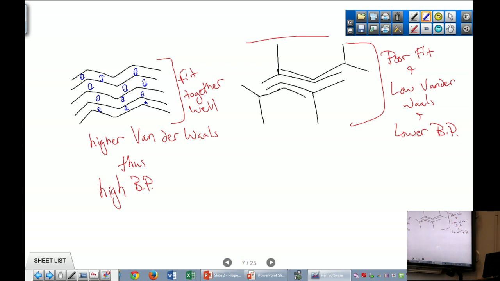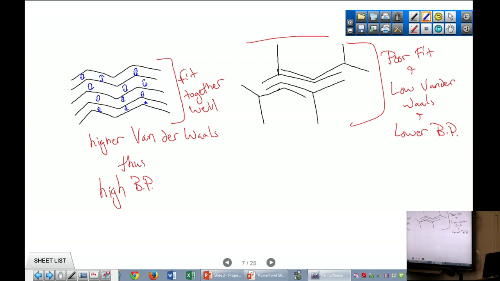Things with irregular shapes, or molecules with branches, have irregular shapes. So now they fit together poorly, right? It's like if you move, you would like to have all your boxes be the same size, because you can put them in the truck and they'll fit really nice. Or going back to Tetris, Tetris wouldn't be fun if it was all the stick, because you just put it all down and you don't have to think. You get irregularly shaped things and you have to try to get them to fit together as best you can, but they don't always fit well.